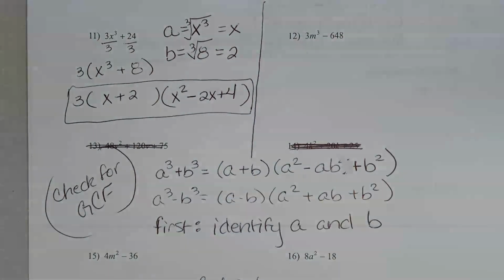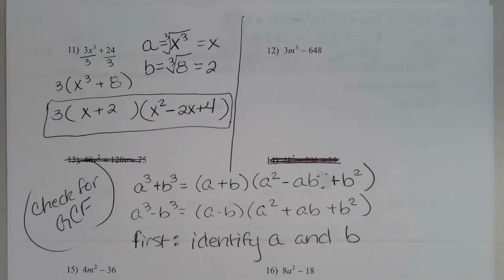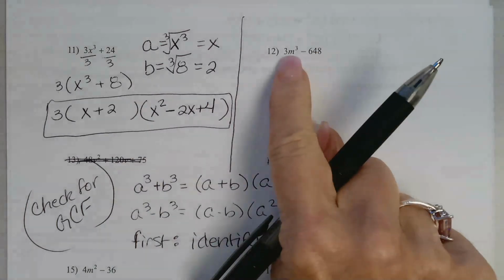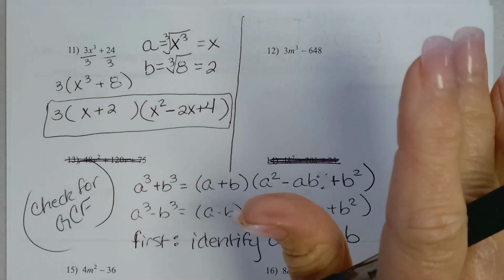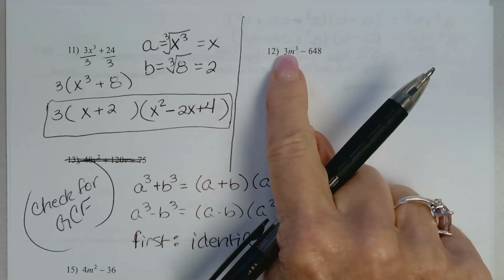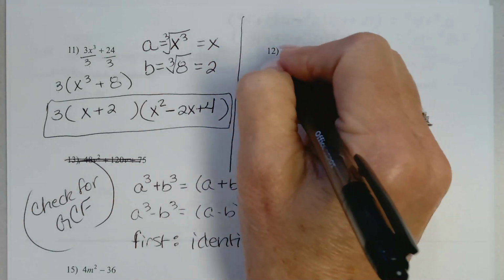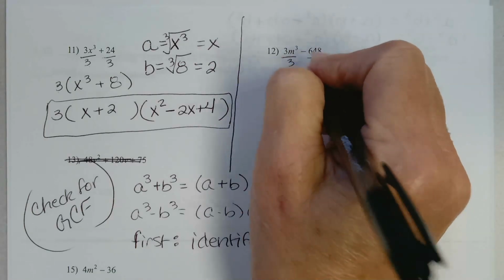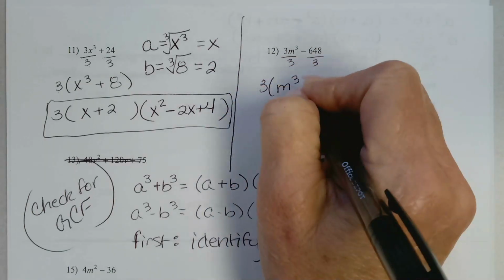All right, let's look at the next one. The next one also has a common factor. Sometimes you have a common factor, sometimes you don't. It's just like any other polynomial. So this common factor is 3. And if I were to factor out a 3 of each term, I would be left with an m to the third minus